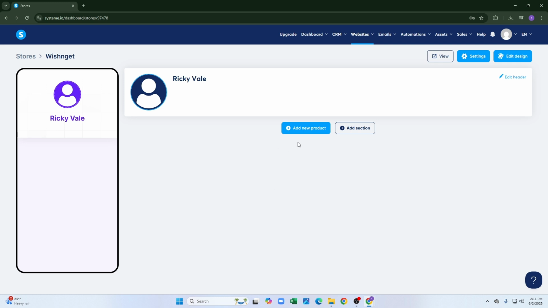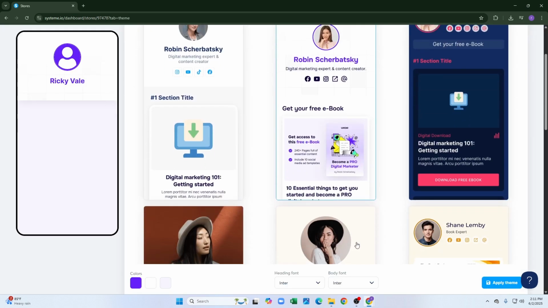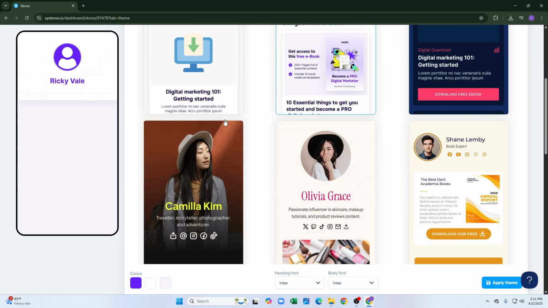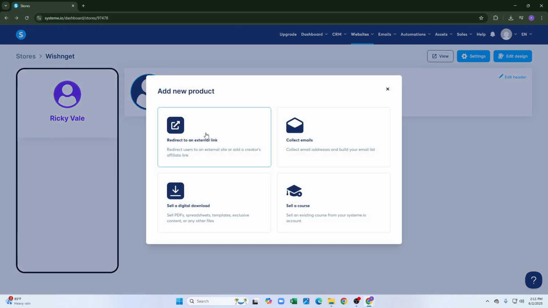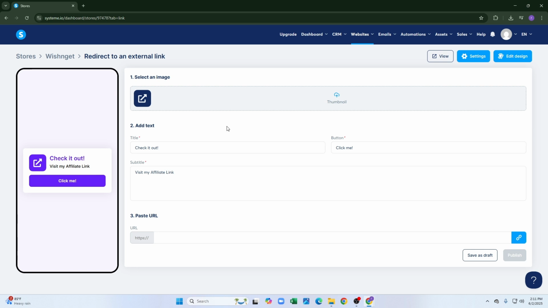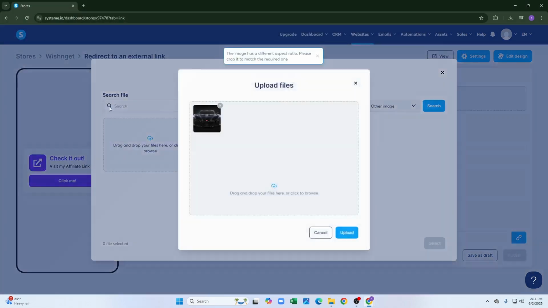So after coming here, we'll just reload this, and after that, body font, apply theme, and after applying the theme, we'll just click on add new product, and as you can see, redirect to an external link, redirect users to an external site or add a creator's affiliate link. You can add a thumbnail image here, and you can also